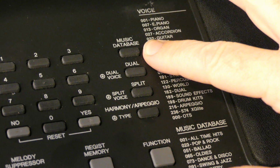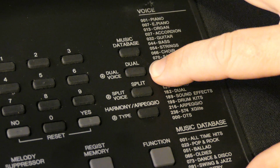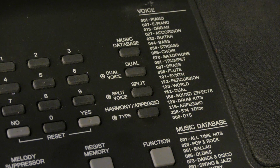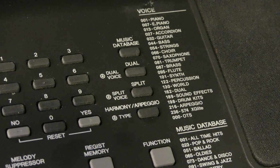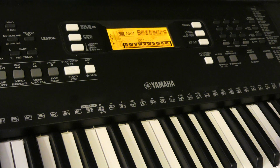At the top we've got the music database, which is just a collection of old standard songs, and I left this one till last, the dual function. This will really bring out the personality of the PSR-E363. It enables you to layer any two of the sounds from the whole selection. So if I'm playing number 20, bright organ, just as an example,